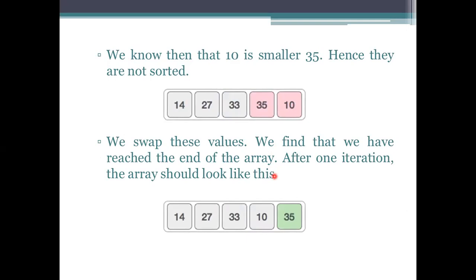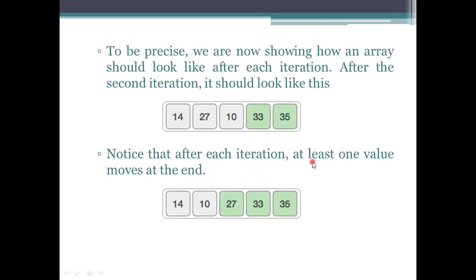After that, we need to iterate to the fourth one here, the 14. We need to iterate to the 14 by comparing this value with 33, 27 and 14. Now see how it is going to process. Here in this representation, we are marking the elements in this process as sorted elements.